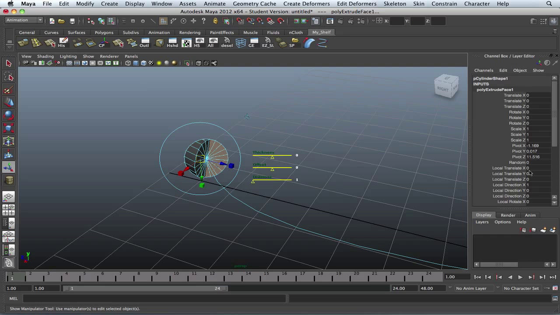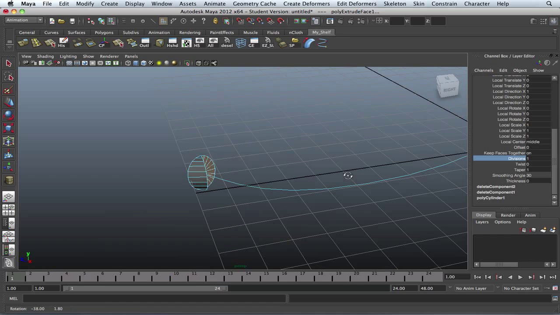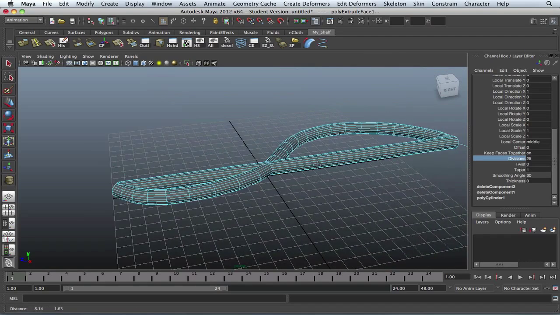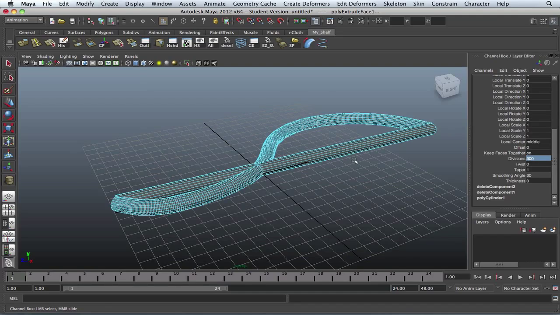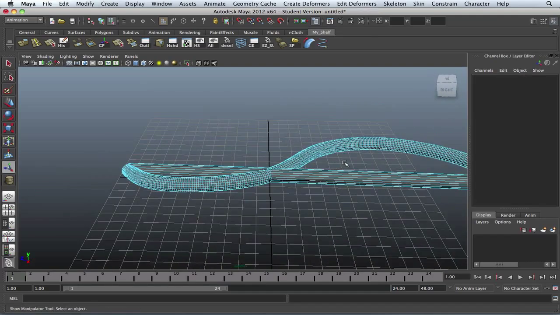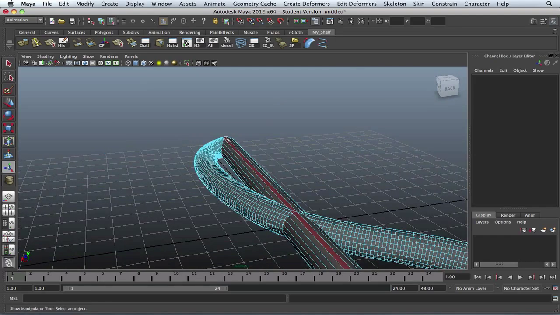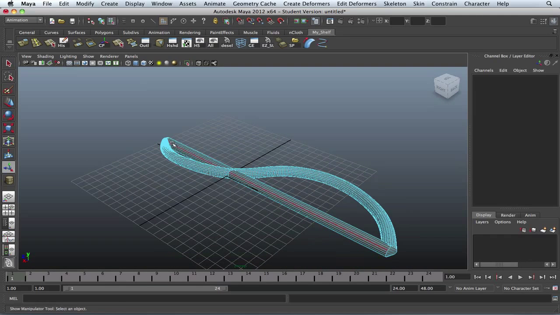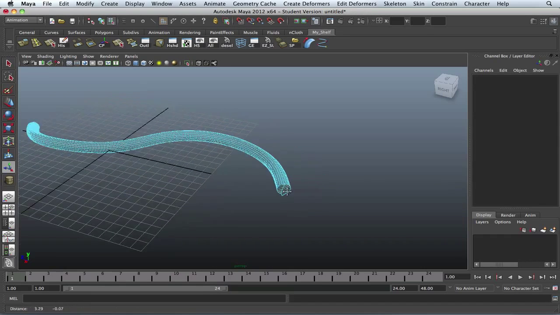So once you have the extrusion process in place, you're going to go into your attributes, go to divisions, and increase this to about 25, which is basically kind of your limit, but you can go up to maybe 300 or something to get a really nice smooth curve. So now here was the extra step that I mentioned before, which was it sort of combines the two faces from the end of the curve to the beginning of the curve for some reason. So all you need to do is just delete those extra faces